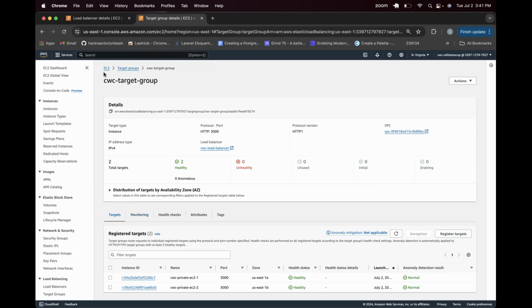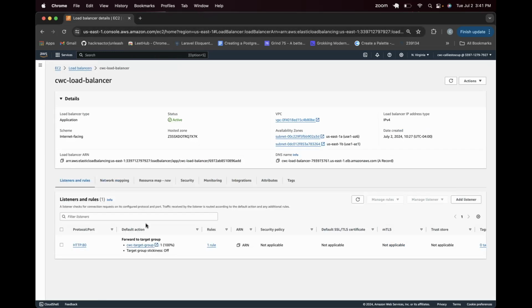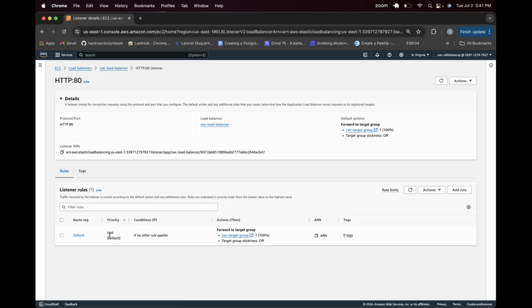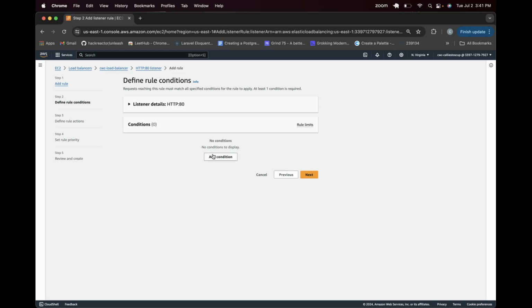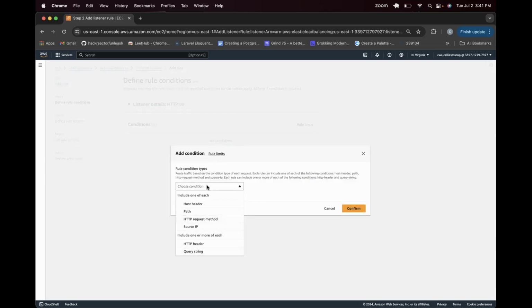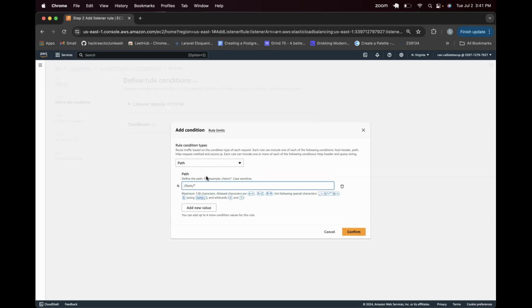Okay, so we're going to back up a little bit to this place where we have one rule. This is just a default rule, and it just says immediately forward all traffic to the target group. But that's not what we want. We want to add a rule. Let's call this API. And then we need to add a condition. The condition is going to be based on the path. So we're going to say if we have the path /api